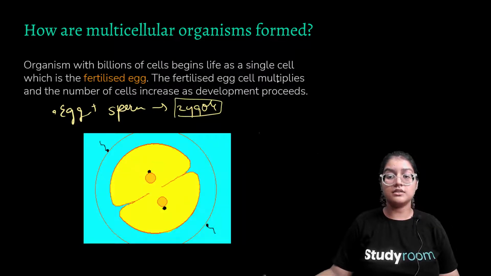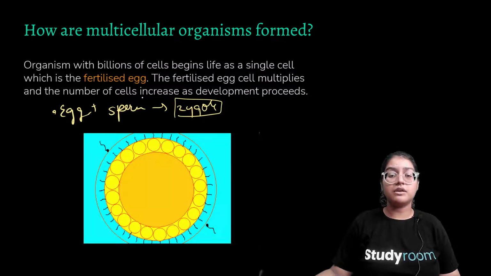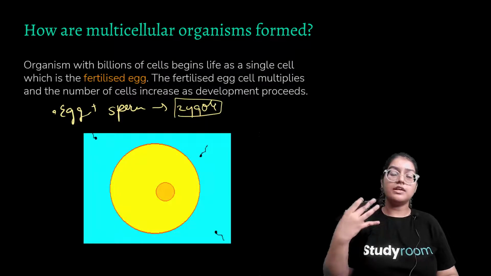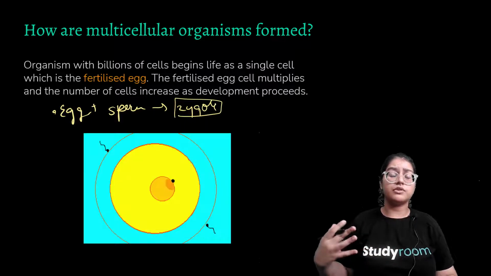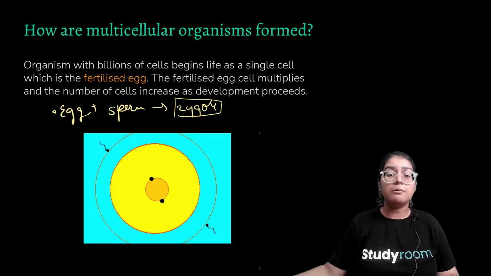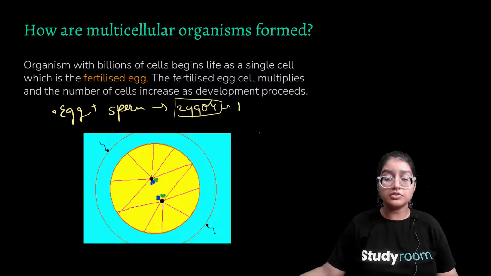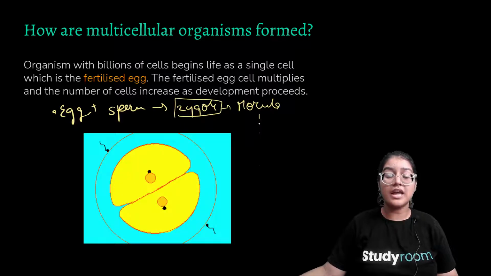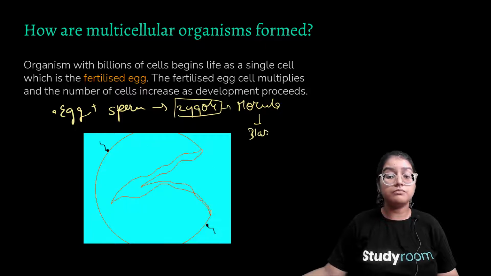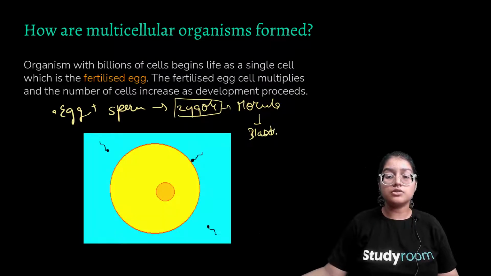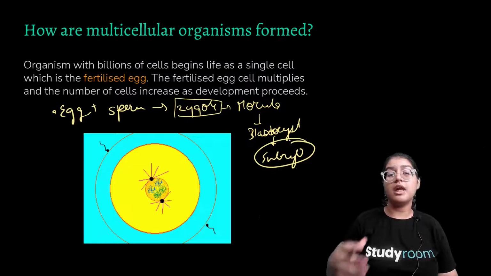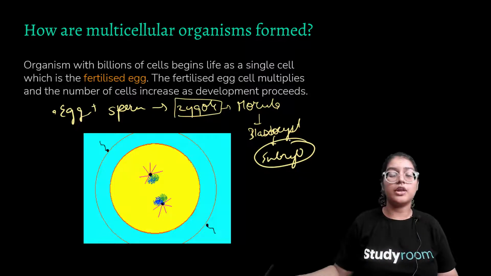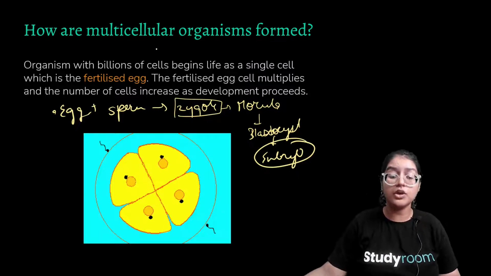The fertilized egg cell contains multiples. The number of cells increases as the gestation period proceeds. The zygote converts into different stages: morula, blastula, blastocyst. These are 16-cell and 8-cell stages, then the blastocyst, and later the embryo. So these are all stages, and it shows us that multicellular organisms evolved from single-celled